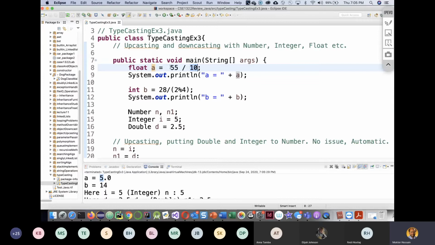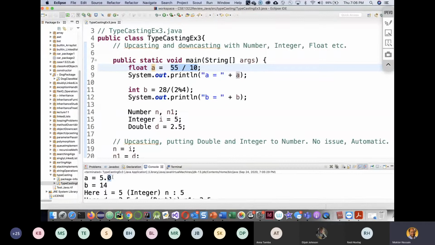So 55 divided by 10 should be 5.5, right? You understand, everybody? Yes. But I am getting the result 5.0. I'm not getting 5.5